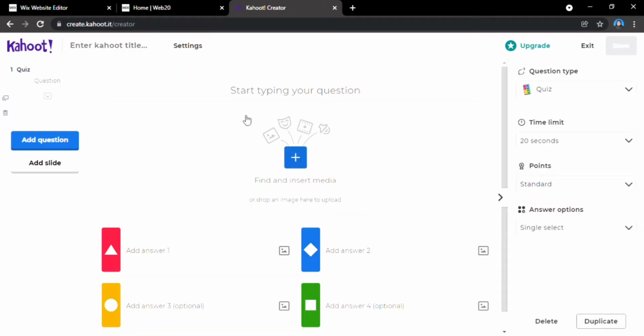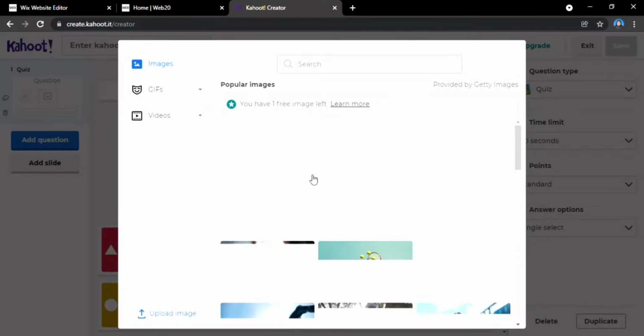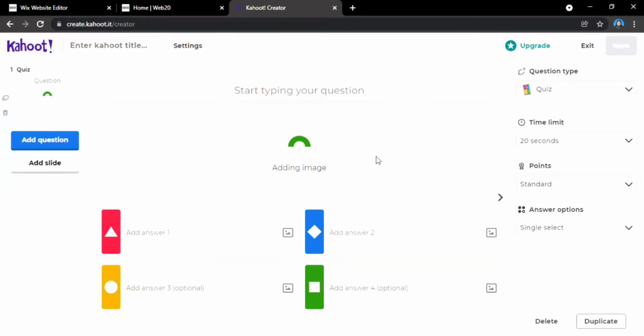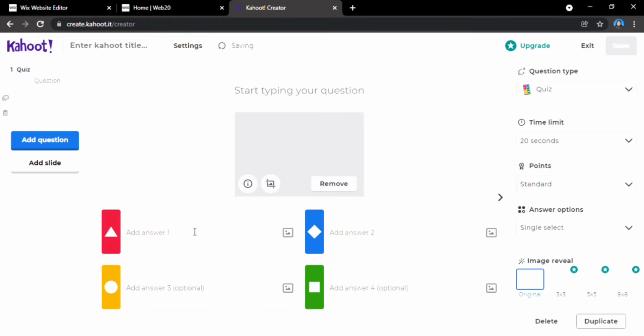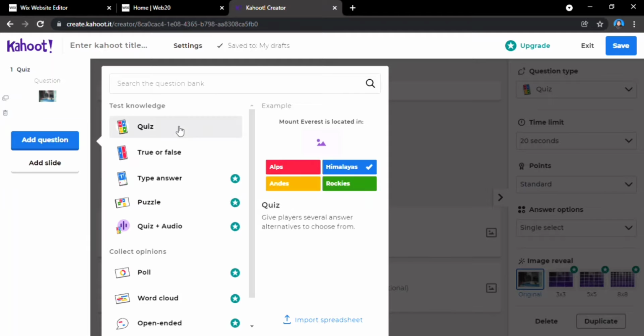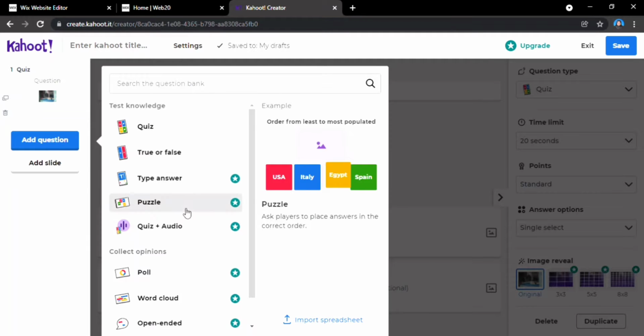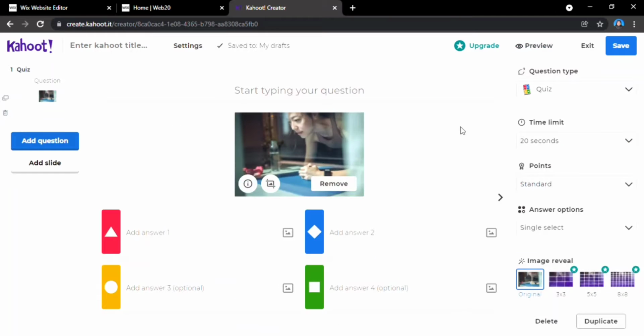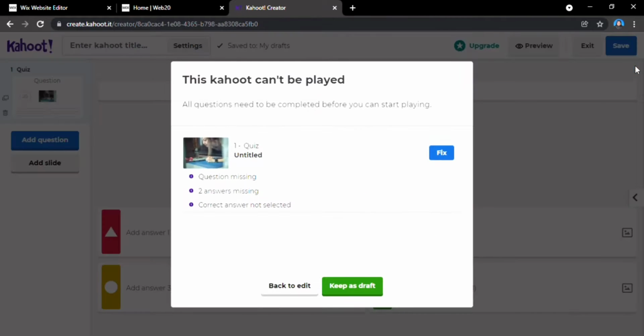Here, what you need to do is just click on the plus button to add pictures. Then here, you can put on your answer to the questions. This is some of the buttons that you can use to make your Kahoot much more interesting. If you are done with your game, just click on the save button and save it and also share it